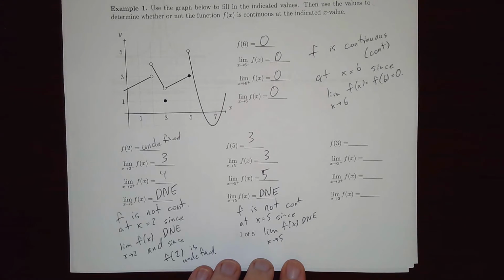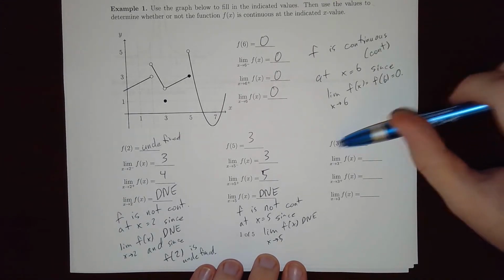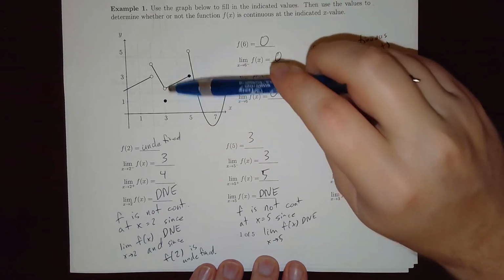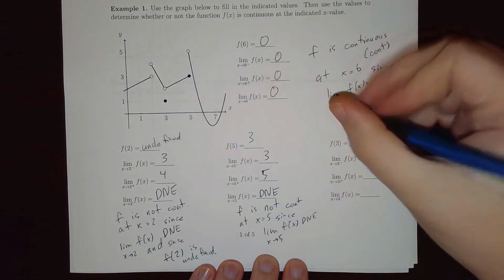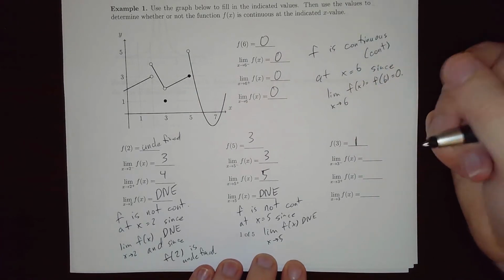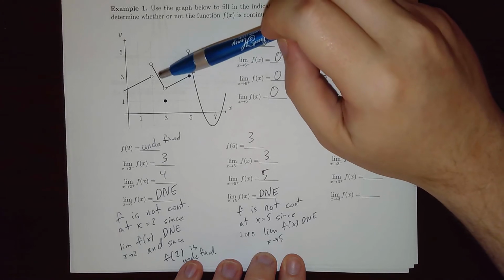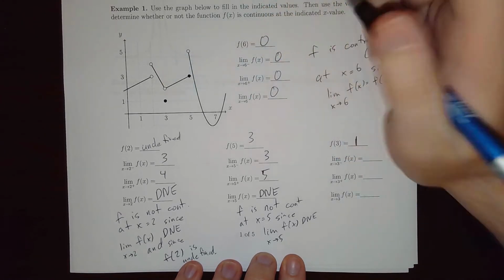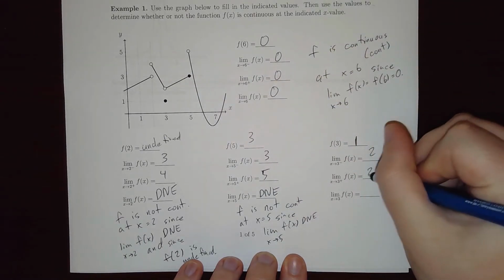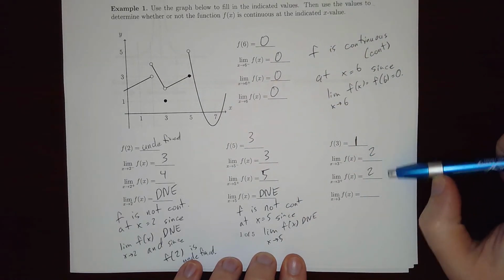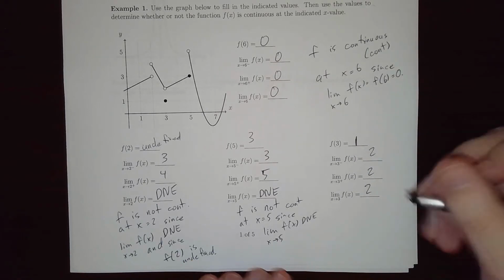All right, and then last but not least, if we look at our function value at x equals 3, notice we've got this open circle here, so we're really looking at where the dot is. So the function value is going to be 1. However, when you look at the limit of the function as x approaches 3 from the left, it's going to be 2, and from the right, it's also going to be 2. So since the left and right hand limits agree, the overall limit is 2. However,